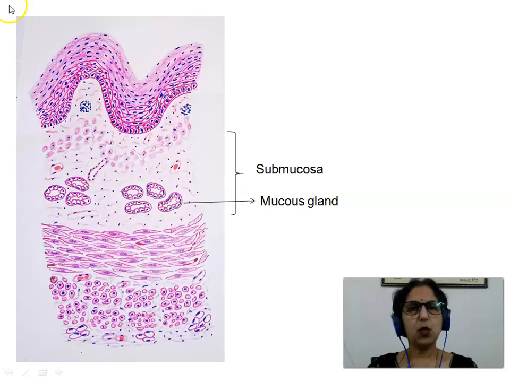So what we see here in this diagram, this is the submucosa, dense irregular connective tissue showing a number of elastic fibers, collagen fibers, and in the lower part of the esophagus, submucosa also shows mucus glands. These are tubulo-alveolar type of mucus secreting glands, and the duct seen here is through which the mucus is going to be secreted, through the lamina propria onto the luminal or the mucosal surface.